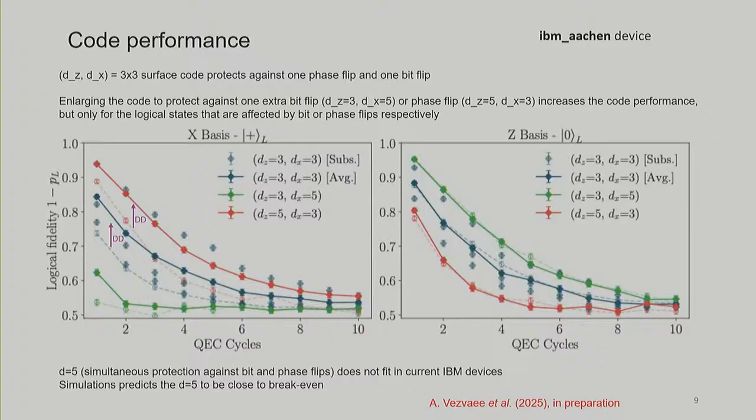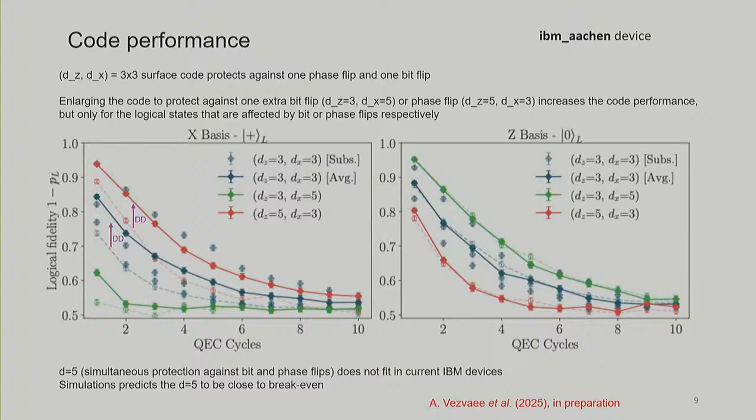And I'm plotting here the performance of a lattice size of 3 × 3, which is the blue line, and also 2 rectangular lattice sizes of 5 × 3 and 3 × 5, each of which increases the performance for bit flips or phase flips separately. And what we see is that we are below threshold for those situations. So if we focus on bit flips, then the performance of the green line, which has an increased protection against bit flips, increases the fidelity, which means that the code is below threshold for bit flips,